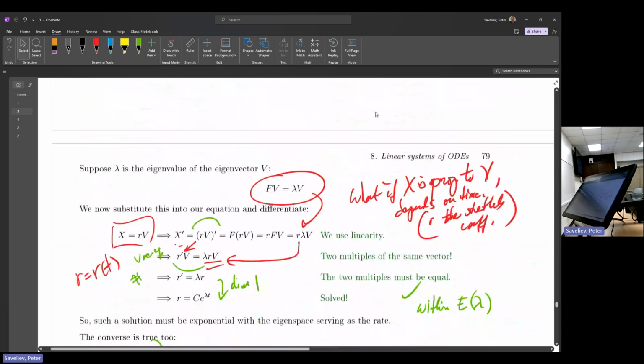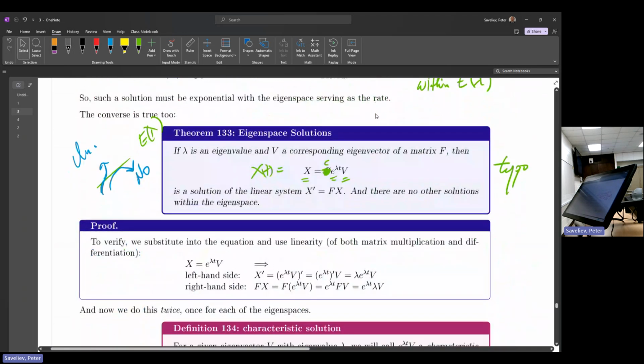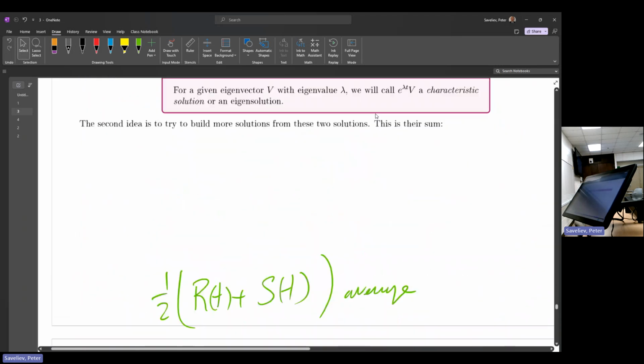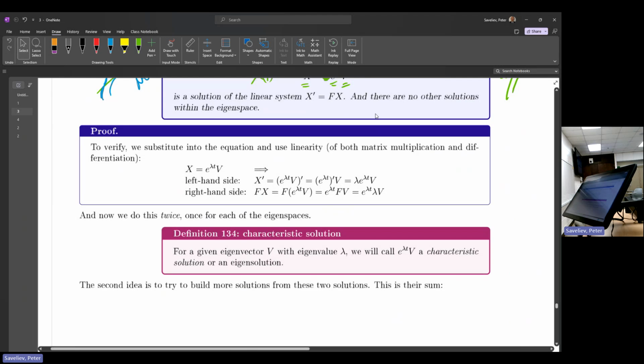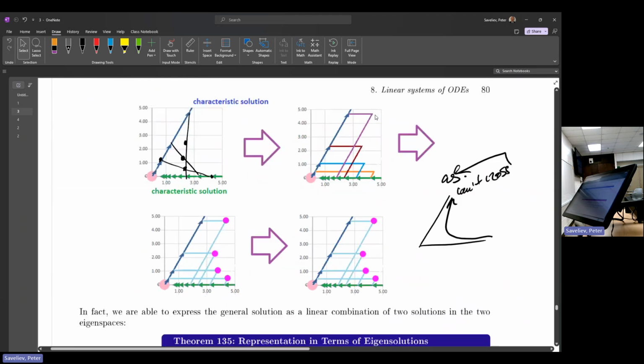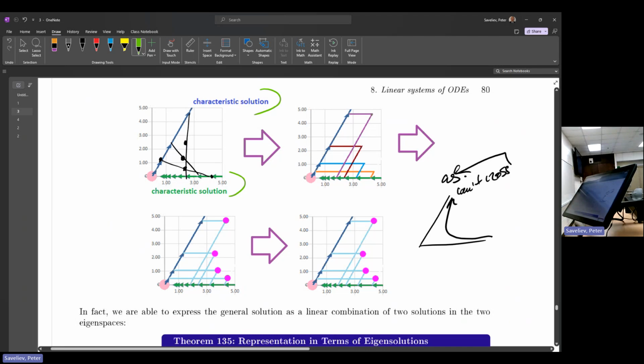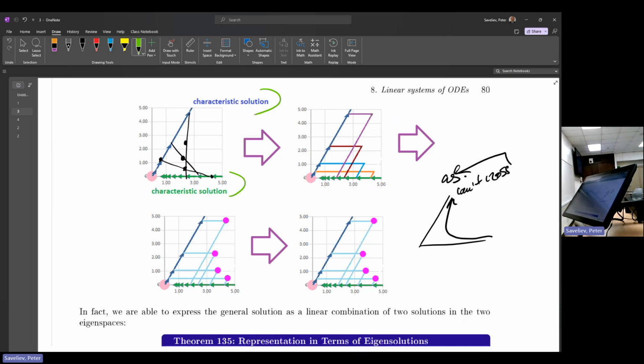Okay, so now we are not concerned with the x's. We have the algebraic tool to find the eigenspaces. Once you do, we also have a theorem on how to take linear combinations of the eigensolutions, or characteristic solutions, to produce any solution. If you look carefully at the initial solutions here, characteristic one, characteristic the other, you do a linear combination of the two, producing more solutions. Because one is going in and the other one out, the end result looks like this, and the behavior is, once again,